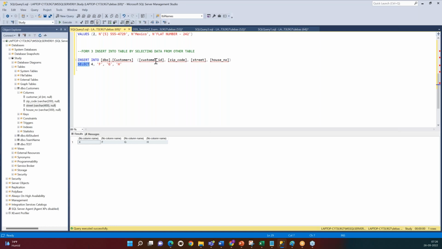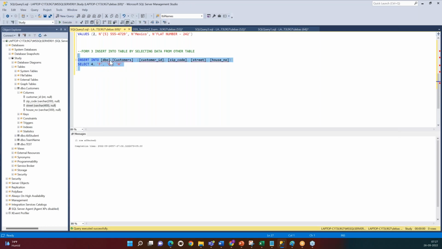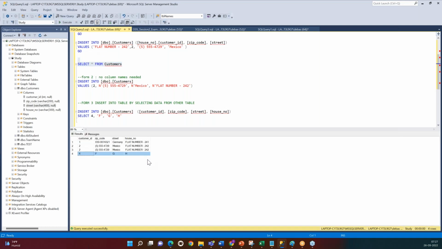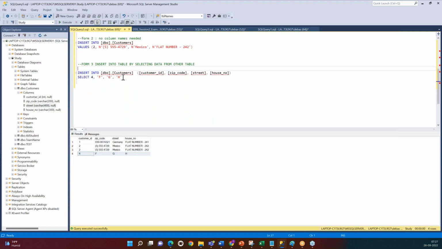Now let us see whether I'm able to insert this particular command or not. Highlight the command and insert. One row inserted. So I will go back and highlight the select star. Yeah, I could insert the data by selecting data from other table. I will show you another example that will give more clarity, but just do remember insert command without the select